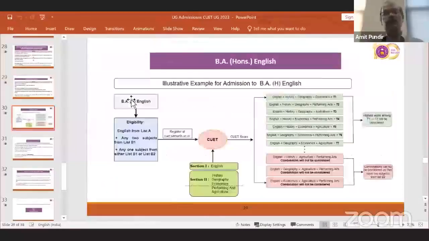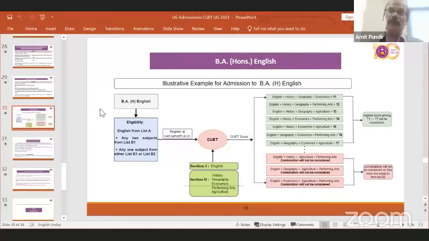Now we come to a query which is very frequently asked: if I am appearing in CUET in 12th class, candidates normally have 5 or 6 subjects, but in CUET you can appear in up to 10. So sometimes a mismatch happens, or sometimes students appear in more than 6, 7, 8 subjects. So this query comes to us, that which particular paper